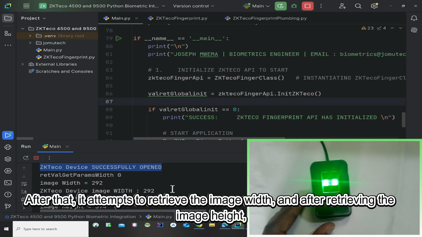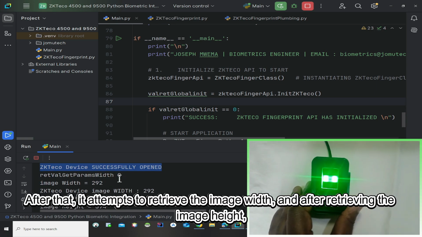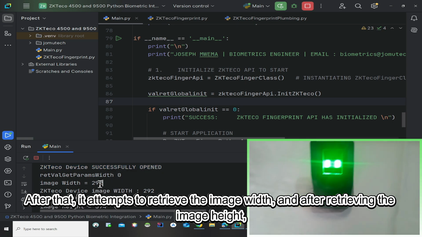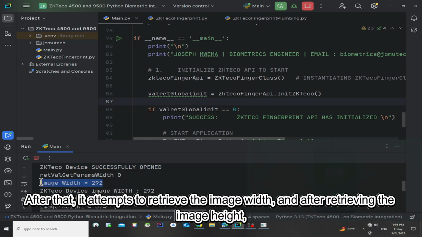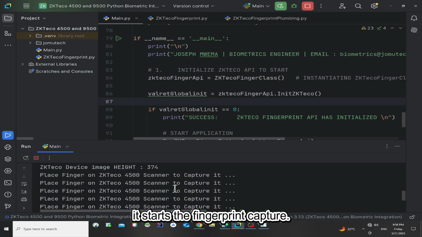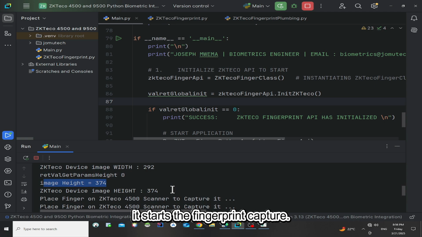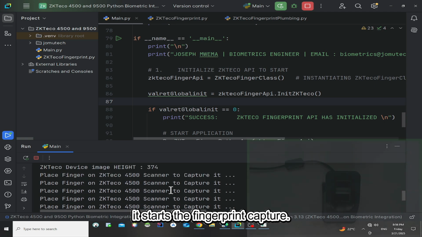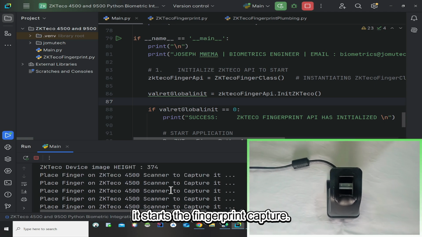After that, it attempts to retrieve the image width, and after retrieving the image width, it proceeds to retrieve the image height, and then after retrieving the image height, it starts the fingerprint capture.